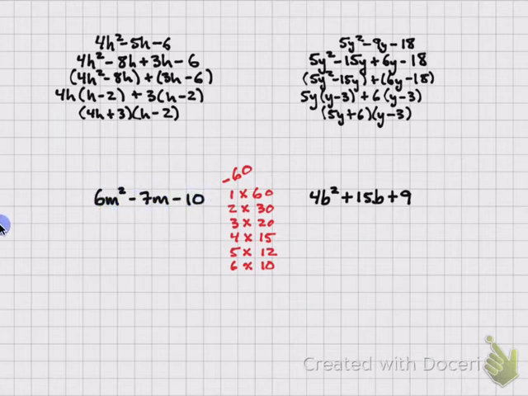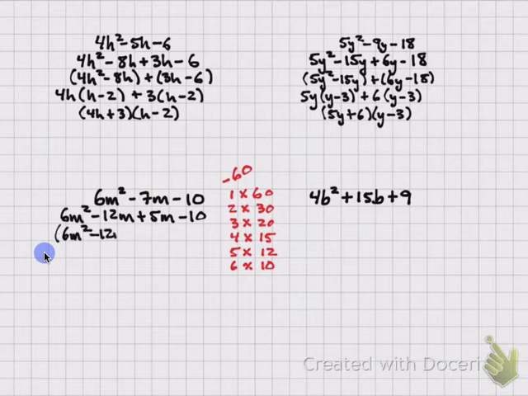So if we split this up into 6m squared minus 12m plus 5m minus 10, well, look, we really didn't change what this polynomial is. We just changed what it looked like, right? Negative 12m plus 5m, if we collected those like terms, that's what we'd end up with right there. Well, now I claim that we can factor this by grouping, right? If we collect those first two terms, 6m squared minus 12m, we'll group those second two terms,